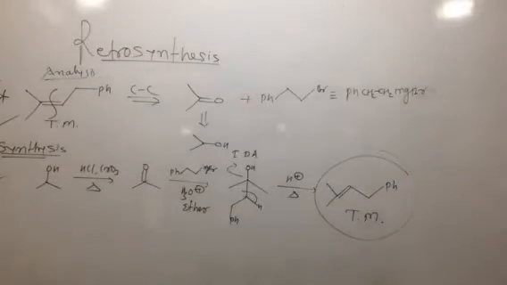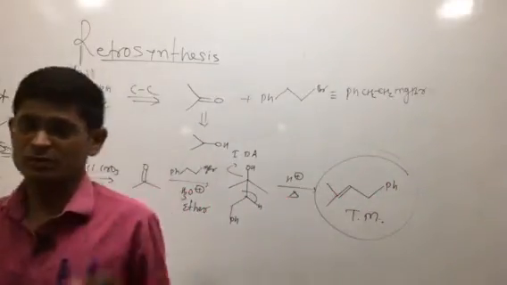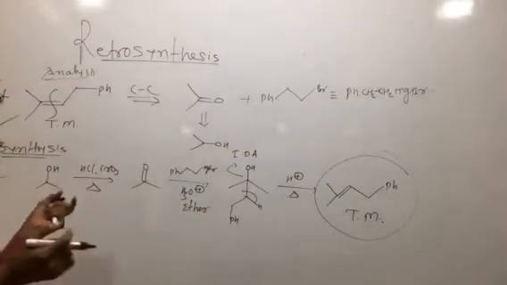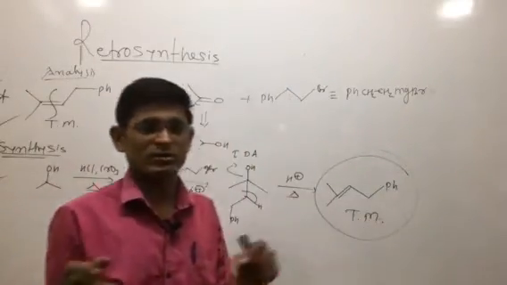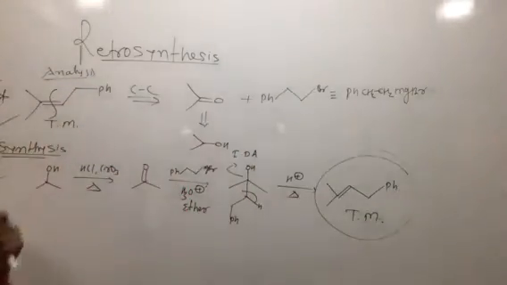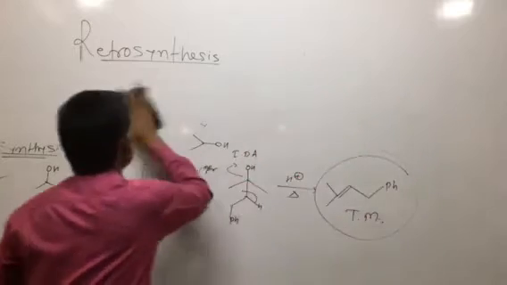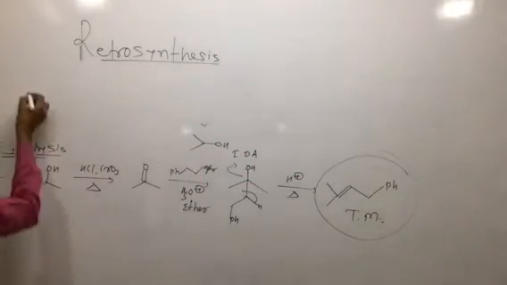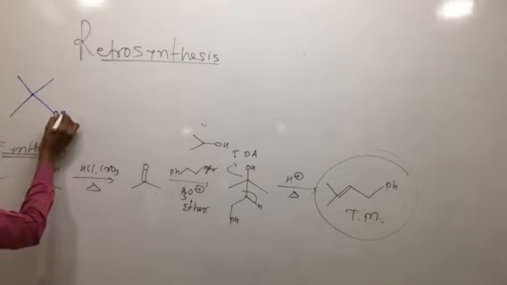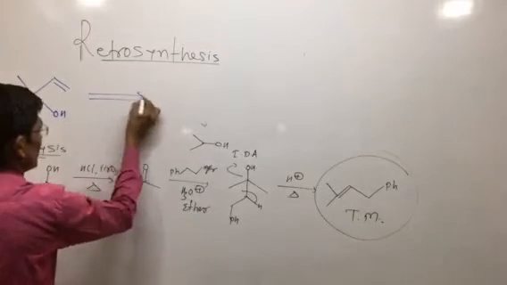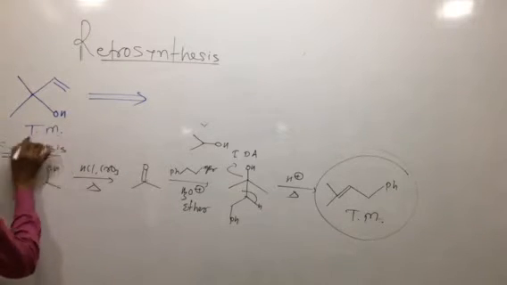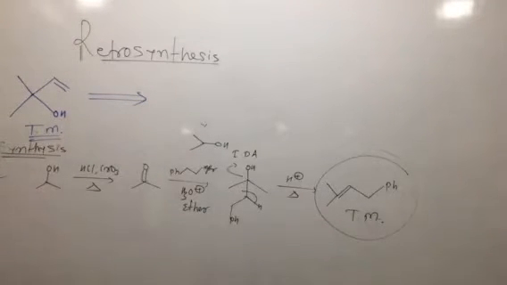Very simple. First you should know how you select or identify the target molecules having which types of functional group, and we know that each and every organic compound or hydrocarbon which contains any functional group, the basic thing is how it is obtained. So the next example for the target molecule analysis, if we are having this type of compound like this, so this is the target molecule, TM. So this target molecule, how is it obtained?